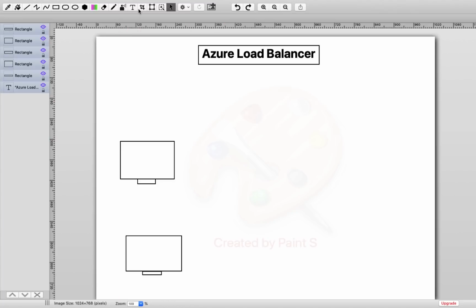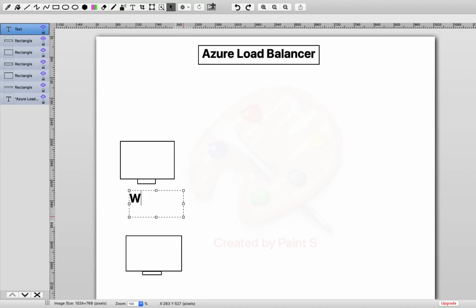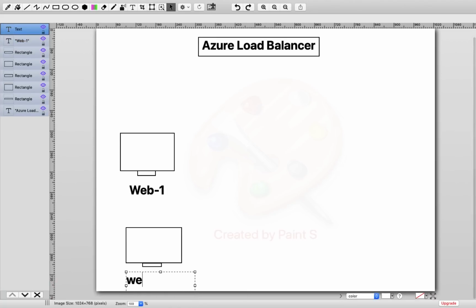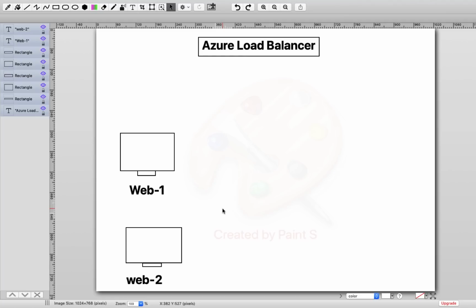So let's try to understand the concept, the basic requirements, and also the steps to configure the LB part. For example, you created two different web servers, web server 1 and web server 2. Whenever you configure your Apache or IIS service on this machine, you are able to host your website, correct?